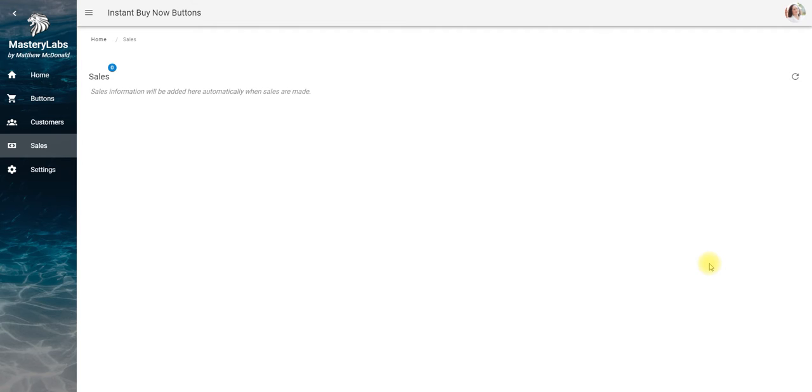You're not going to have to deal with logging into PayPal and creating the button code or the button there and then transferring the code and putting it onto your sales page. You're going to do everything in this plugin, and that's going to save you a lot of time and a lot of hassle. It allows you to set up really nice looking buttons, even if you have other checkout